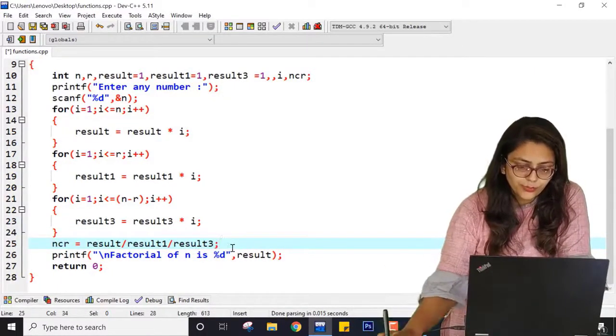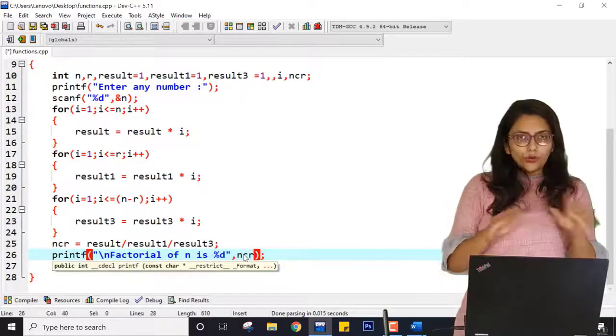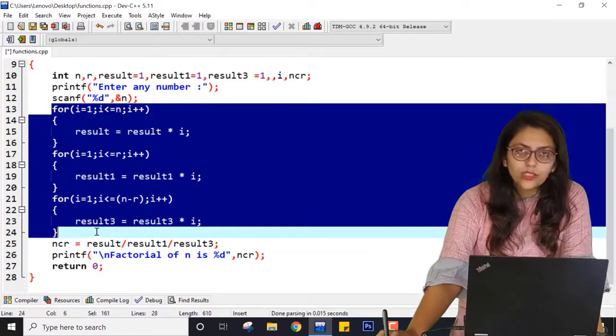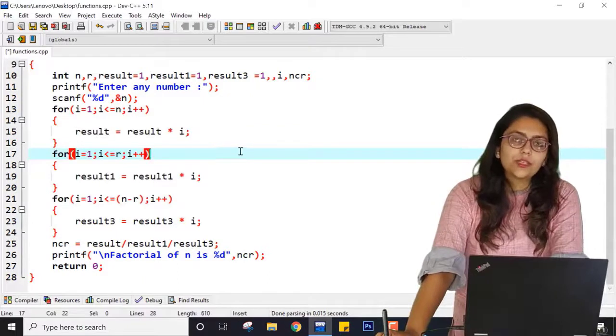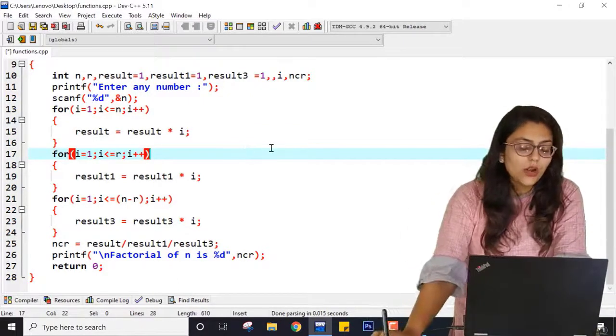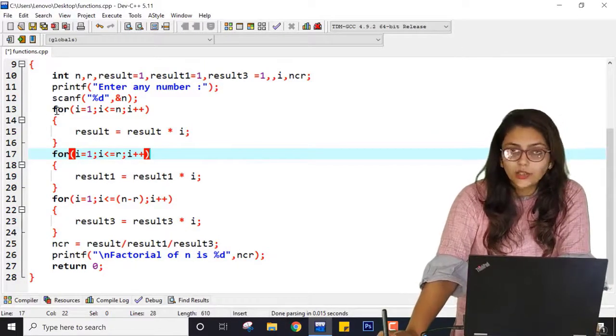And then you can print NCR over here. So this is the program if you are not using a function. So you have to run this loop 3 times, and when you study subjects like compiler design, in which you will study code optimization at compiler level, at machine level, then you will know that this loop costs a lot. So this is not an efficient program.